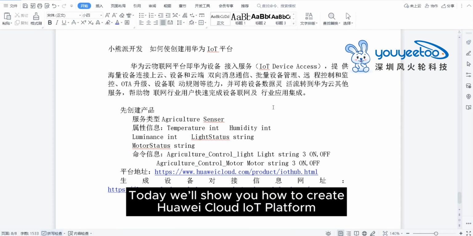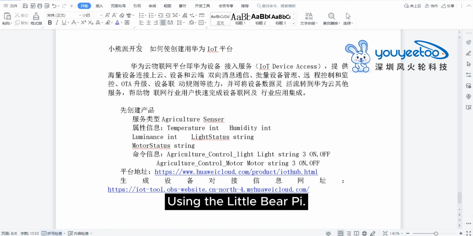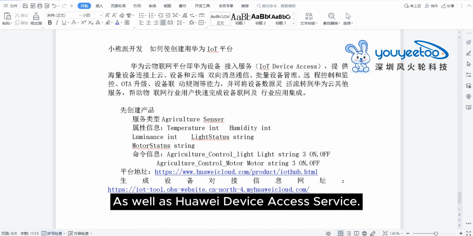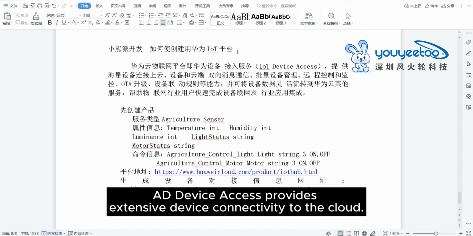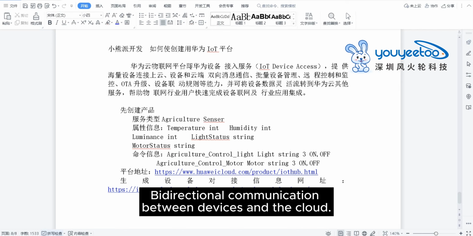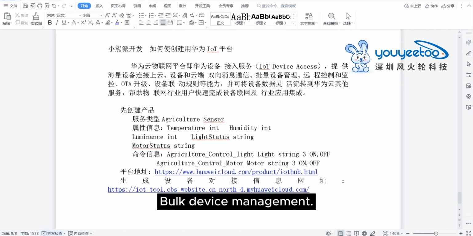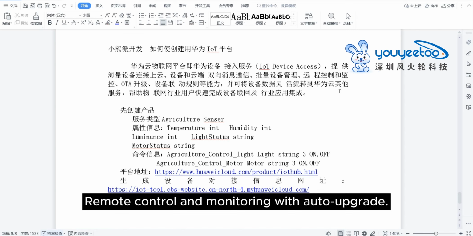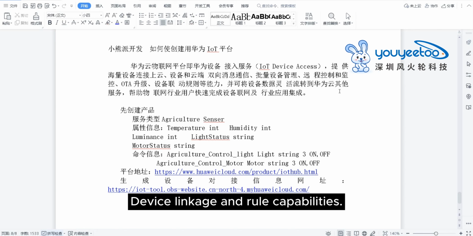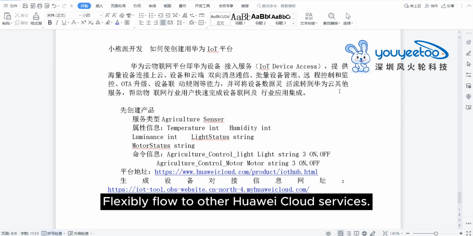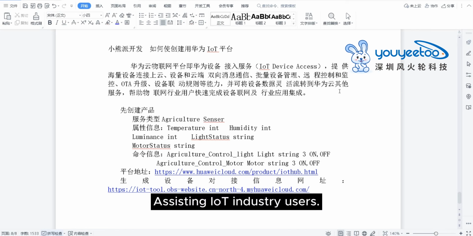Hello, everyone. Today we'll show you how to create a Huawei Cloud IoT platform using the Little Bear Pi, as well as Huawei Device Access Service. Device Access provides extensive device connectivity to the cloud, bidirectional communication between devices and the cloud, bulk device management, remote control and monitoring with auto upgrade, device linkage and rule capabilities, and can transmit device data, flexibly flowing to